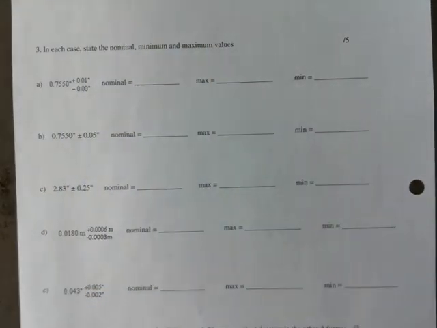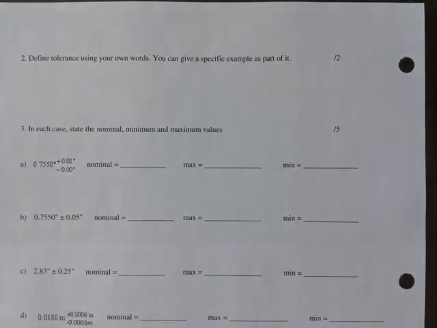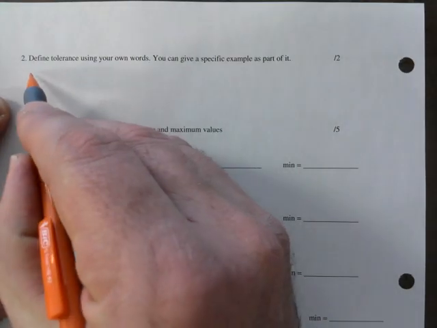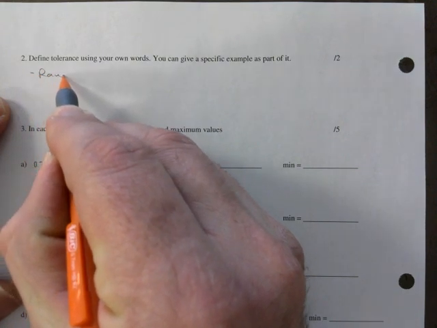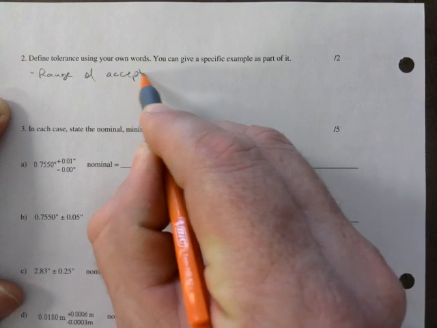Backside. Please don't leave these blank, right? Define tolerance using your own words. You can give a specific example if you want. So you can say it's the range of acceptable values, right? It's the range of acceptable values,